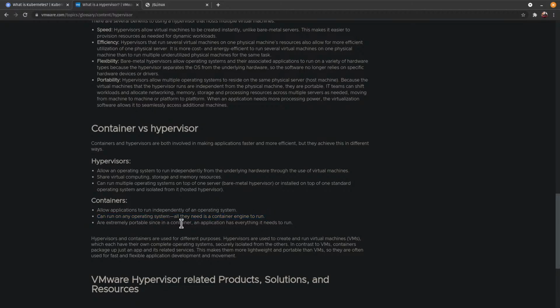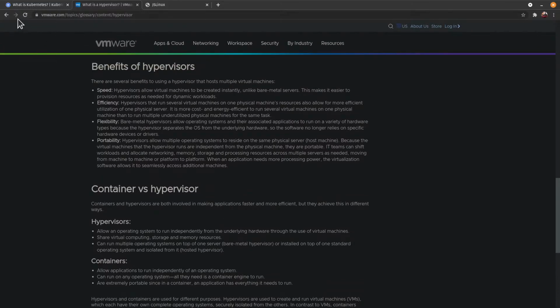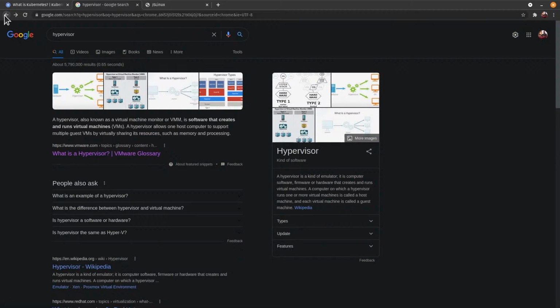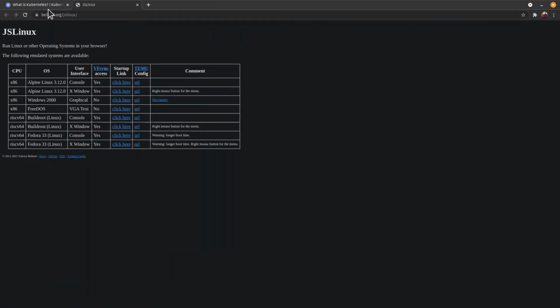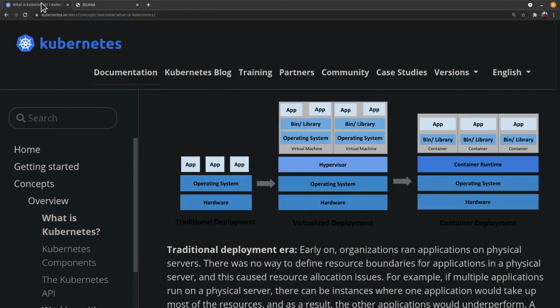Containers are extremely portable, since in a container an application has everything it needs to run. That I agree with. But I'm going to call bullshit on that. Personally, I think that's not true. You cannot, because I run into this. You cannot run